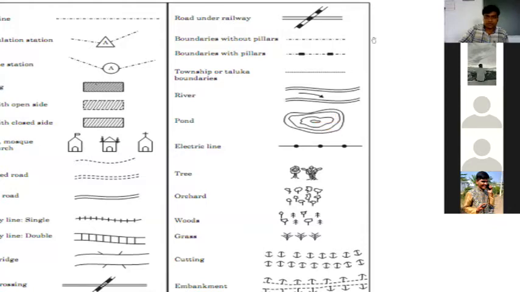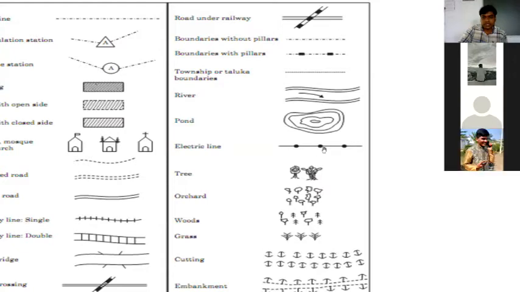Yes, sir. Okay. Next, coming to electric line. All of you have electric poles near your houses, residential areas, industrial areas, or commercial areas. Everywhere we have electric poles which supply power for their utility. So here we're going to make the symbol like this: a dash, then a dark dot, again a dash, again a dark dot, which indicates the electric line.